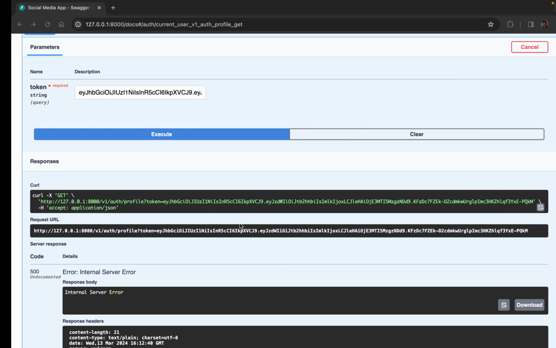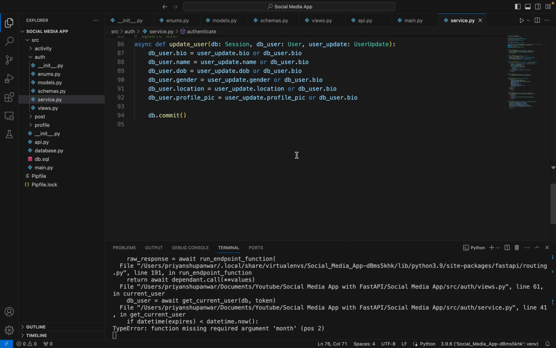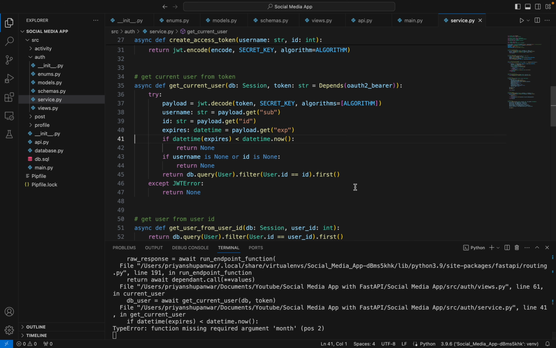Profile. Oh God, again profile. Okay, date time expiry. Okay, we'll come to here. Date time expires. Function missing required month. Line 41. We're not able to check it. What could be? Okay, yeah. The issue is that